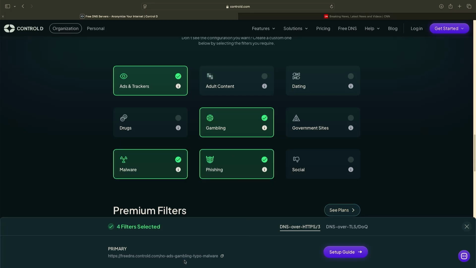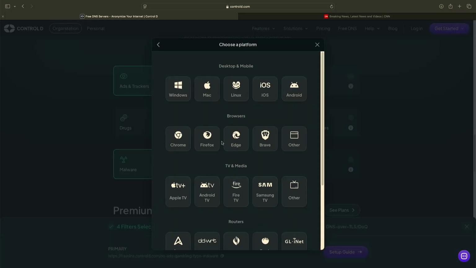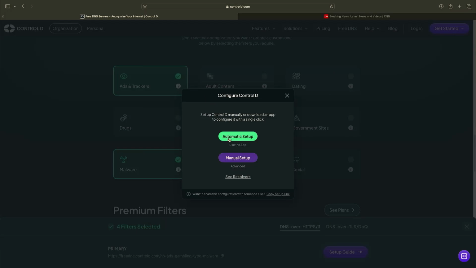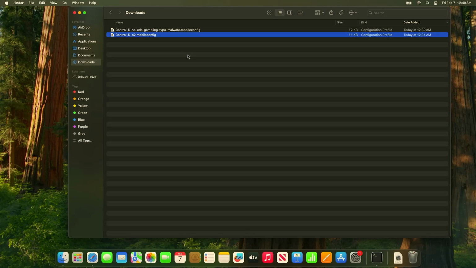And then we can see here at the bottom, and then go setup guide, help me configure, click on Mac, manual setup, download the profile. All right, and it's downloaded. Okay. So going back to my downloads folder, so here are the configuration profiles, and going to system settings,